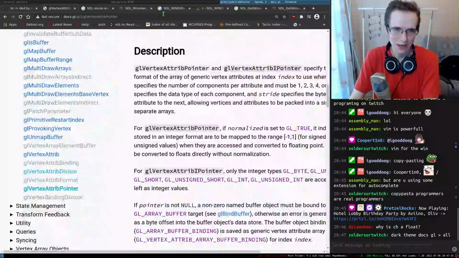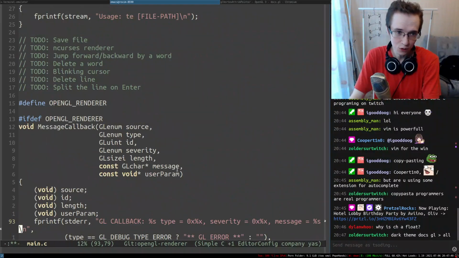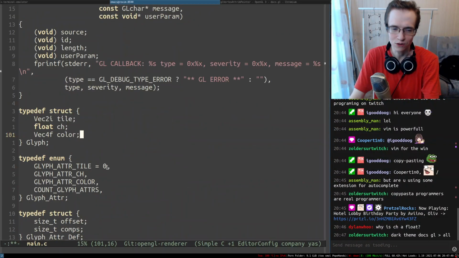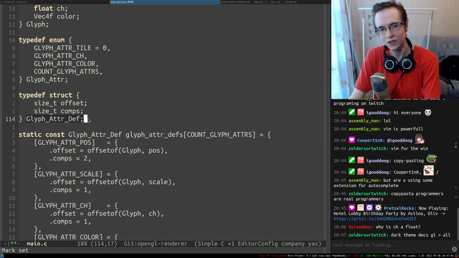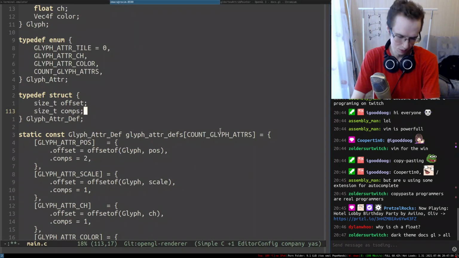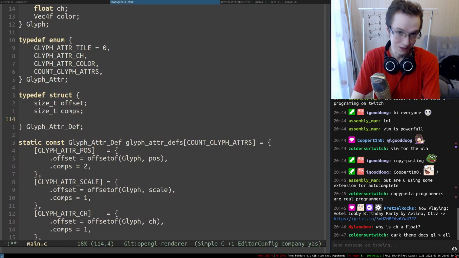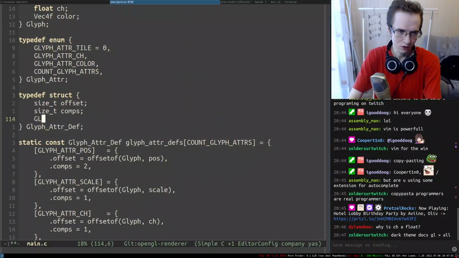And if I'm gonna have attributes that are not floats and that are integers, I'll have to upgrade my glyph attribute definition, right? So for instance, to include something like type, and type in this particular case is GLenum, right?